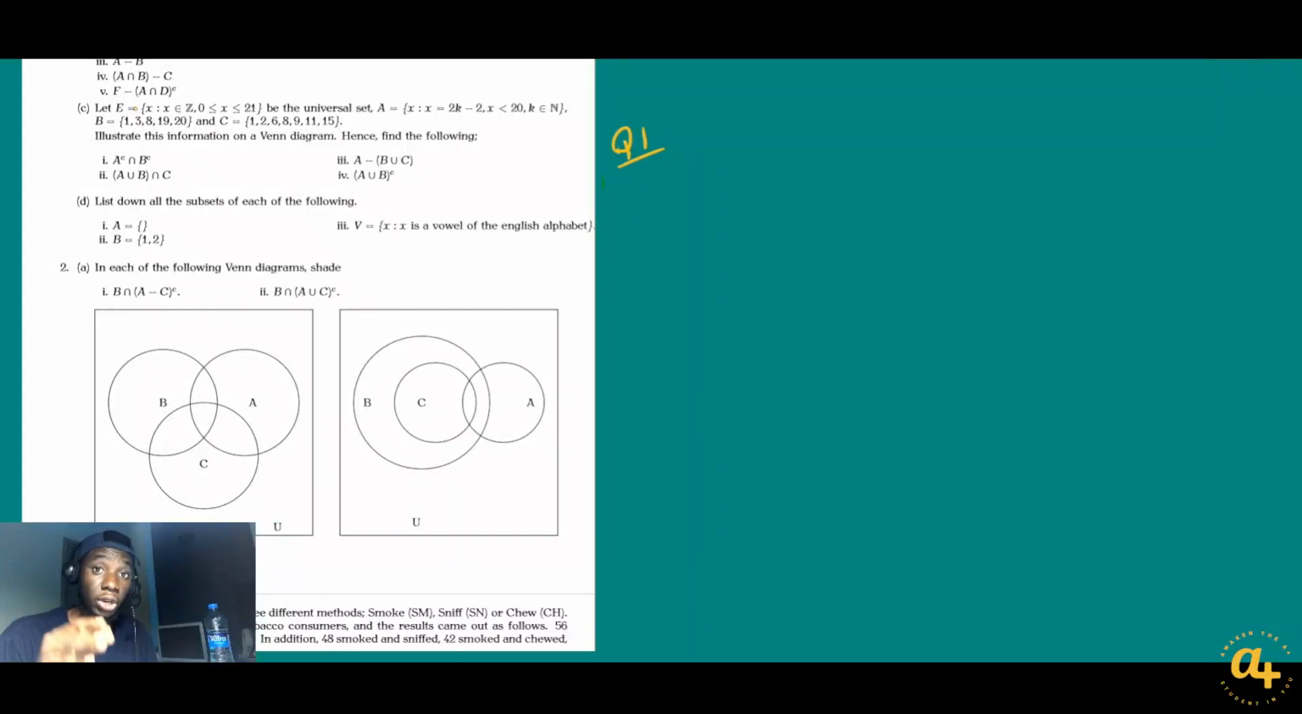Now that we are done solving questions under part B of question 1, we're now going to move on to solve questions under part C of question 1. So what does part C say? Alright, so if we take a look here at the screen, we can see that the question reads, let E,